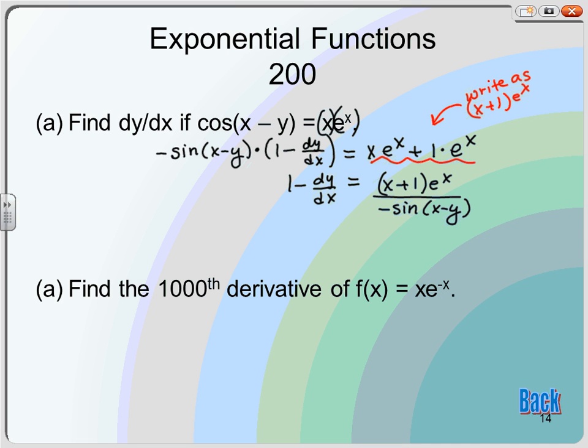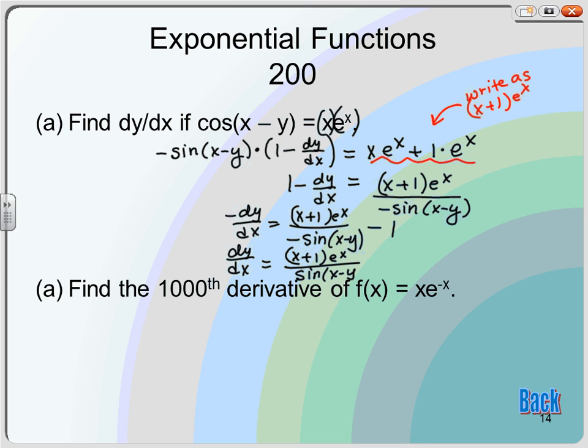So I could subtract my 1 over. And now I need to divide by this negative. So I get dy over dx equals, I'm going to have negative of the first term. So basically all that does is get rid of that negative on the bottom. So I have x plus 1 e to the x all over positive sine of x minus y. And then I have plus 1. So when I divide by negative there, it's plus 1. And that's it. All right, find the 1,000th derivative of f of x equals x e to the negative